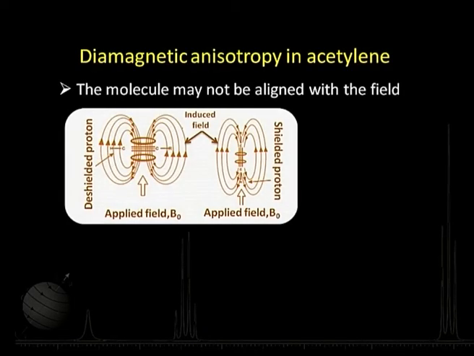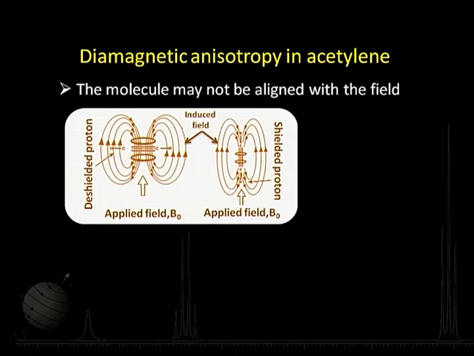Let us look at the possibility when the molecule is perpendicular to the applied field. What happens in this case? This is the same as we just discussed before. That means the molecule is in a direction aligned with the field here. If it is perpendicular here, we find that in this orientation these pi electrons, which are like a cylinder, do not have that kind of freedom to get into circulation, and the effect is there, but very weak.